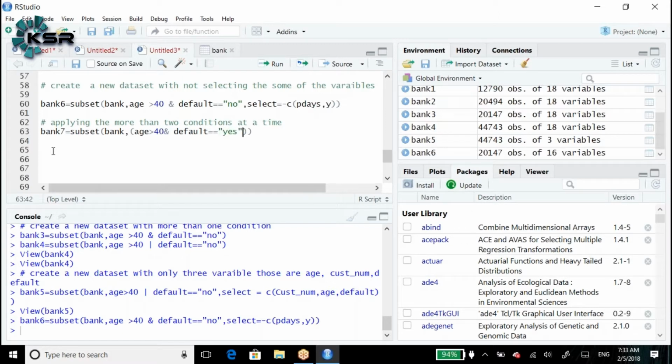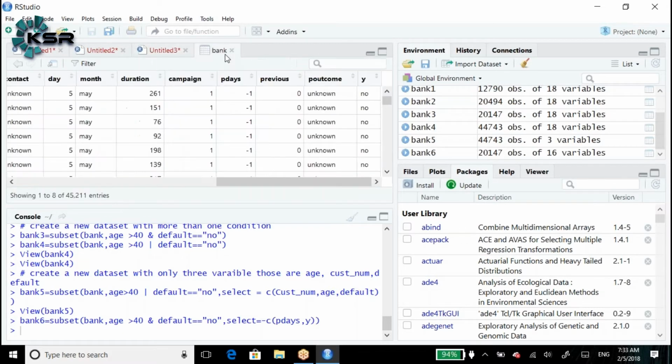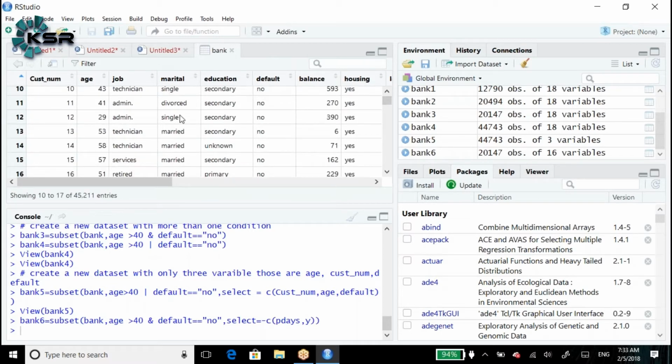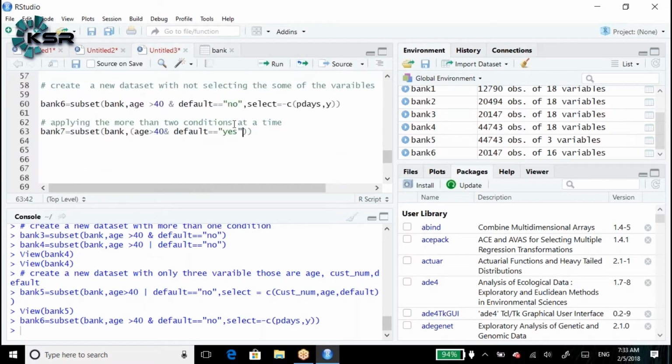So default is equal to yes. Here, is the S capital or small? Let me check. It is really important: default, small only, and marital is equal to single.